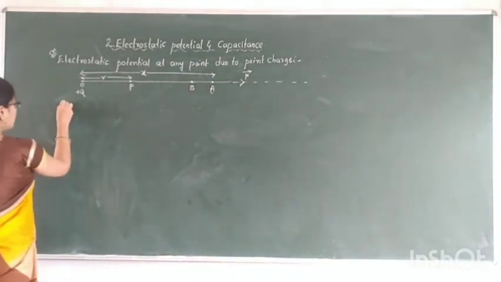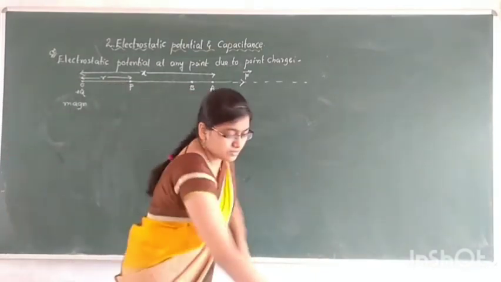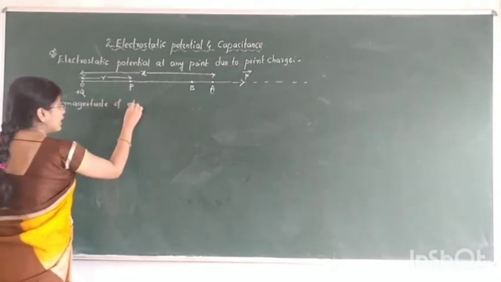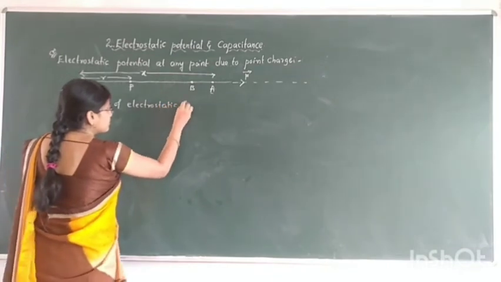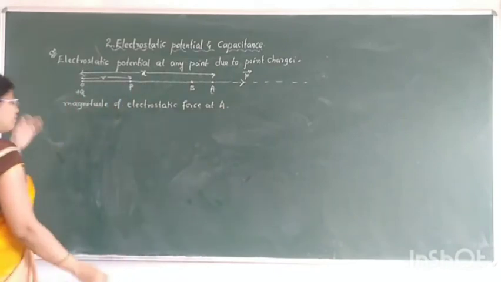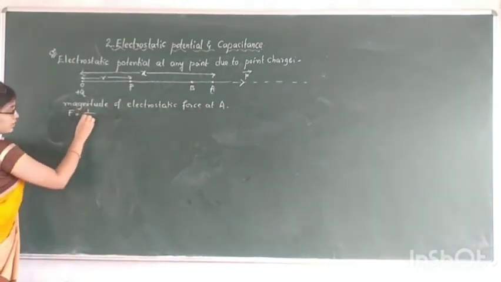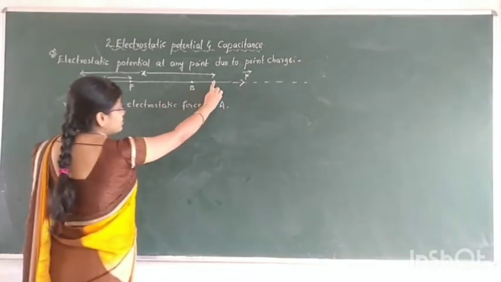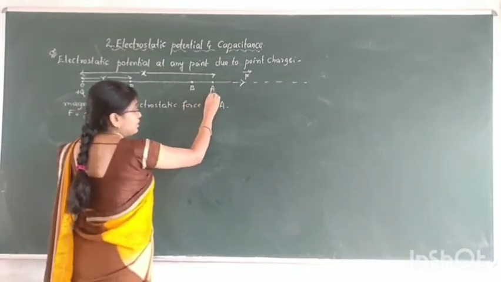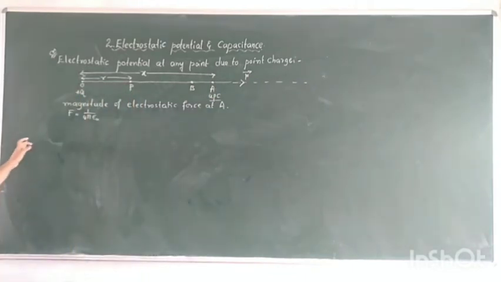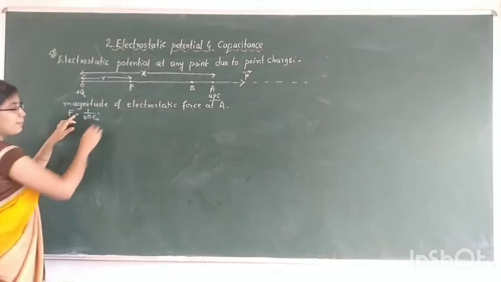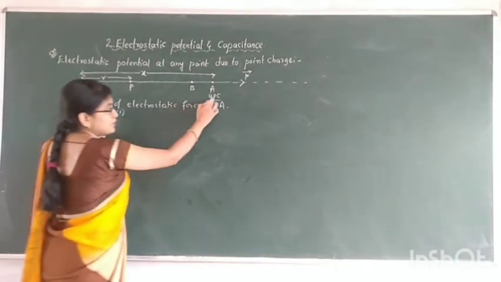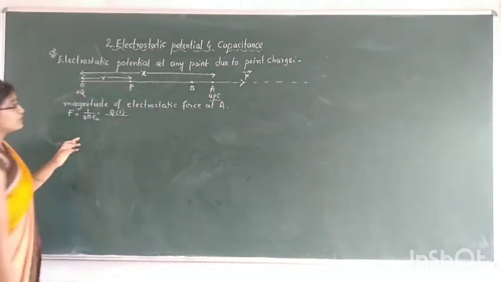Okay. So the magnitude of electrostatic force at A. Applying Coulomb's law, F equal to 1 by 4 pi epsilon naught into... Here we are calculating the electrostatic force at point A. Imagine a test charge placed here, which is a unit positive charge. So the Coulomb force is proportional to the product of the magnitudes of the charges. So Q into the magnitude of UPC, that is unit positive charge, is 1 divided by the square of the distance between